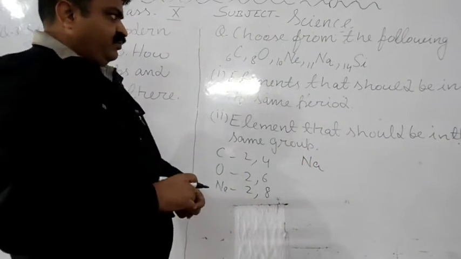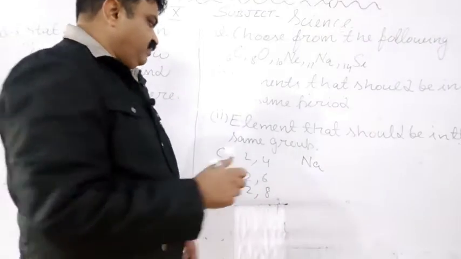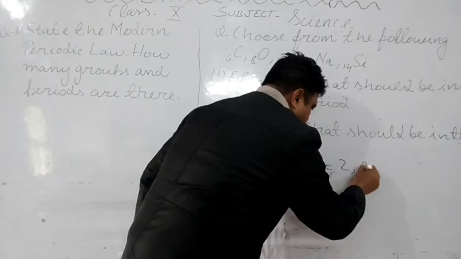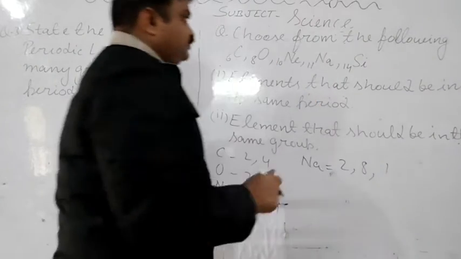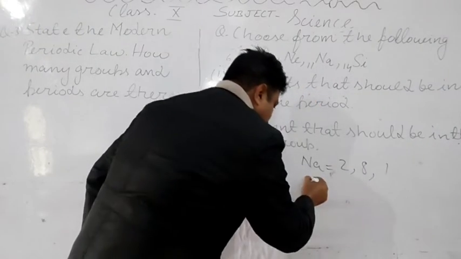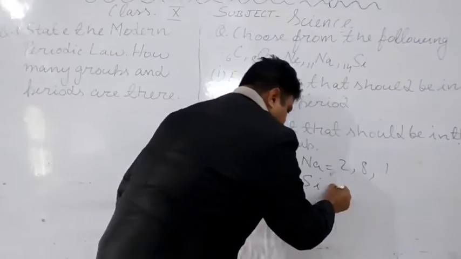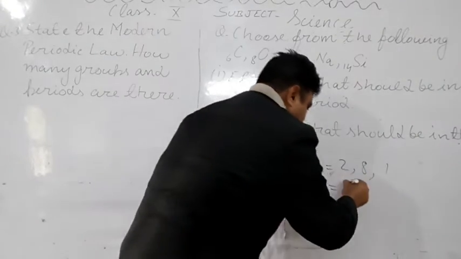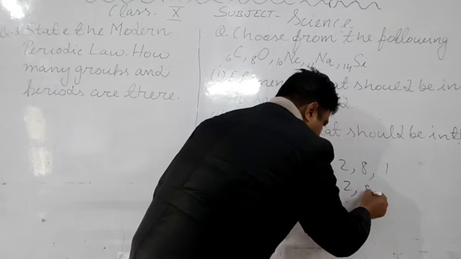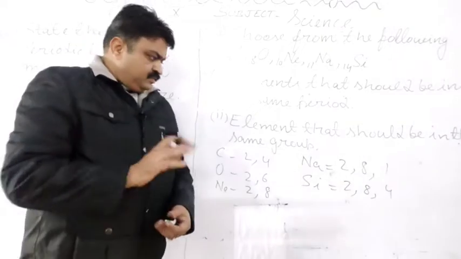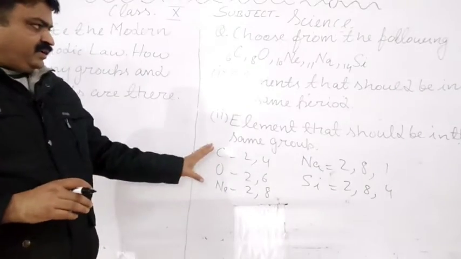Sodium electronic configuration is 2, 8, 1. Silicon. Silicon electronic configuration is 2, 8, 4. So now you can easily write